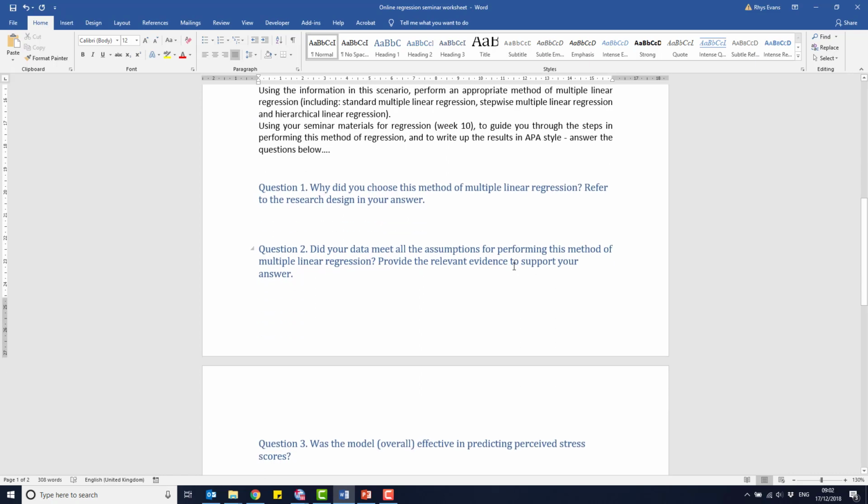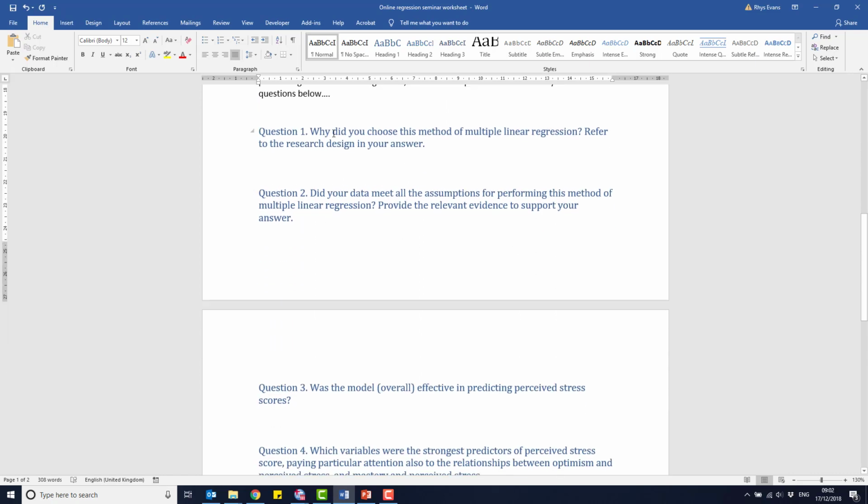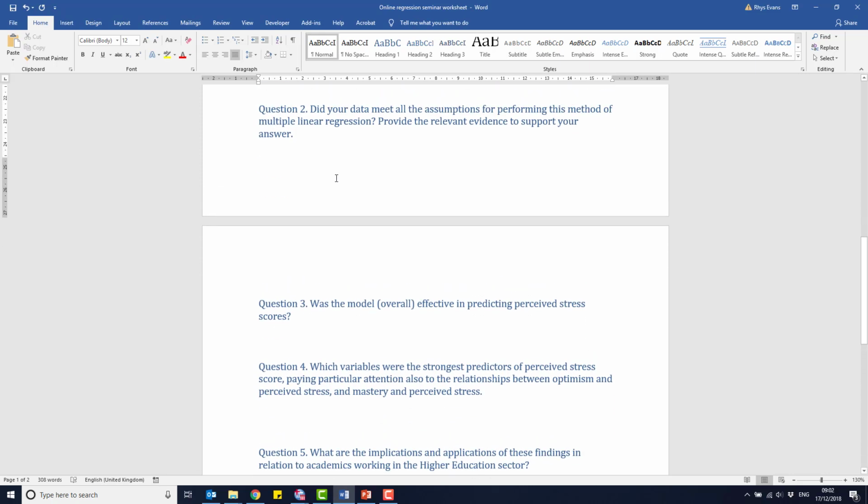questions in APA style. So question 1 is around why did you choose this method of multiple linear regression, and that's thinking in particular about the context, the design, which do you think might fit best. Question 2 is around when you've actually performed the analysis, did the data meet all of the assumptions for running that type of analysis? And when I say providing relevant evidence to support your answer, that's things like relevant statistical